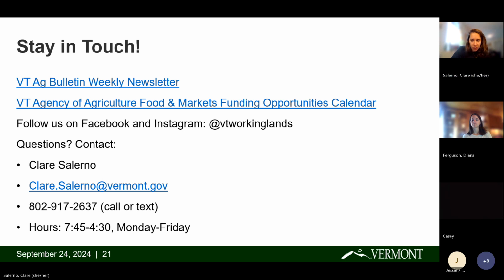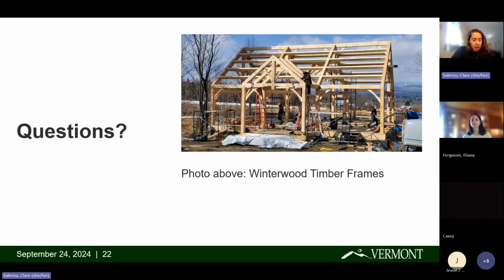And then the last thing I'll say, since Diana was talking about time, is that there's a range of the time that people put into the application. On the minimum end, if you've got all of your info, you don't need any quotes, you maybe already have a letter, you've got all your extra info, I would say minimum 1 to 2 hours if you're ready to go.